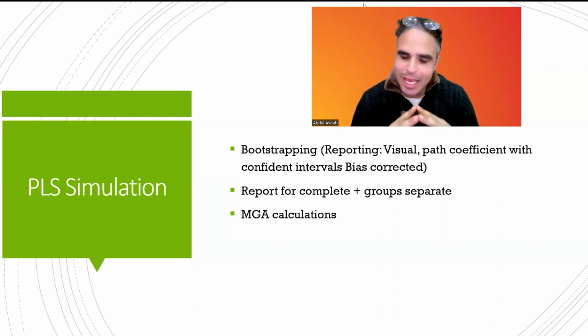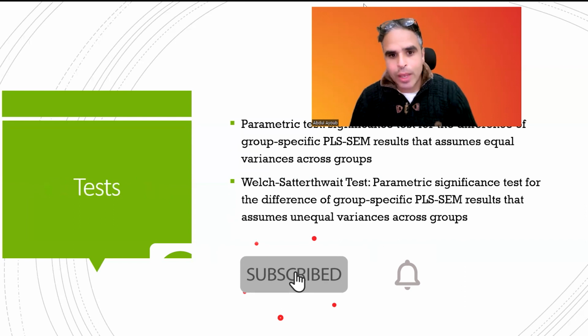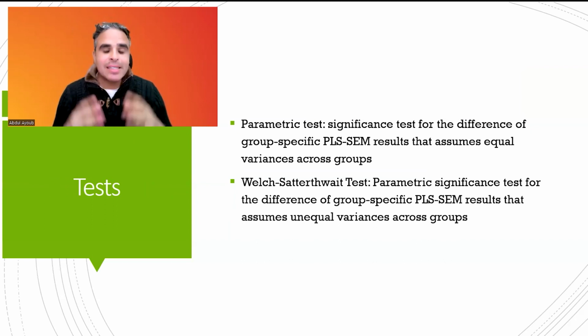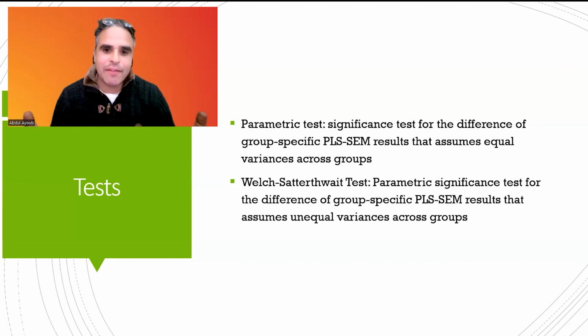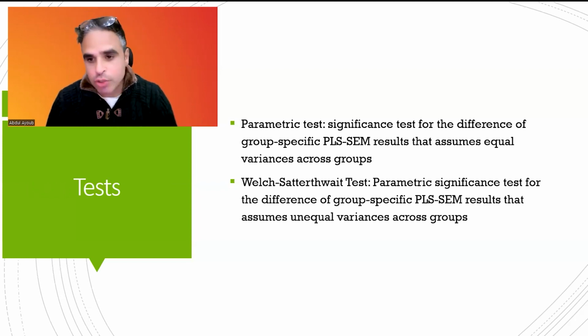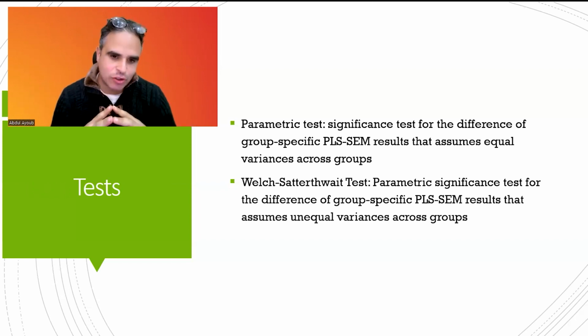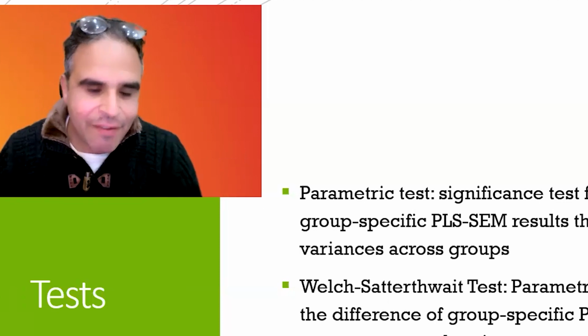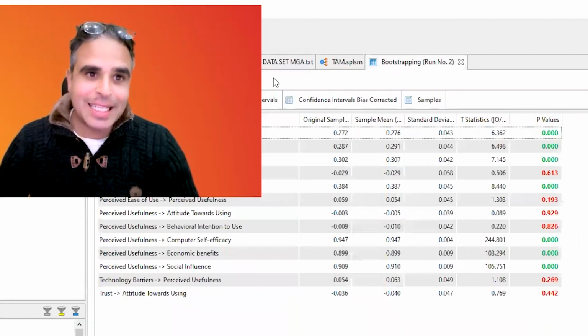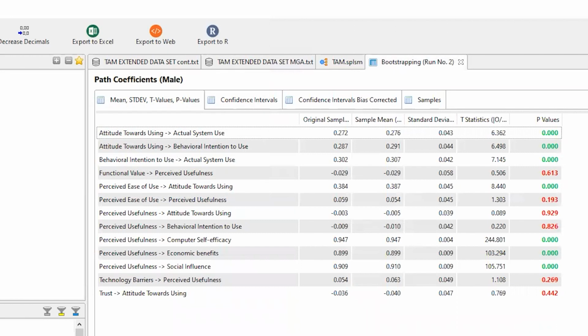In the second phase, we do the MGA calculations and we check the tests. We have the parametric test and the Welch-Satterthwaite test. The parametric test is a significance test for the difference of group-specific PLS structural equation model results that assumes equal variances across groups. And the Welch-Satterthwaite test is a parametric significance test for the difference of group-specific PLS results that assumes unequal variances among groups. All right, let's now move to SmartPLS and start running some